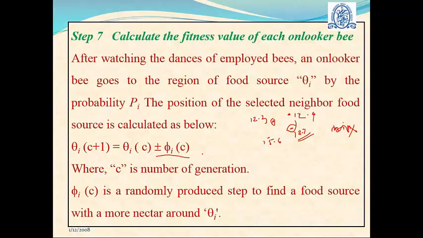Likewise, you continuously go on updating these positions, and finally you will get a set of solutions. Obviously, that set of solutions will never exceed the population size. It means that suppose I consider 50 solutions in my population, then I may get 20 or 25 optimal solutions. That depends upon how much diversity I am able to maintain. If I am able to maintain very good diversity, then probably I could get the number of optimal solutions equal to the population size.